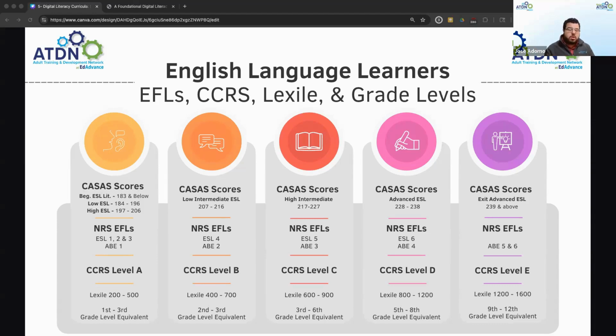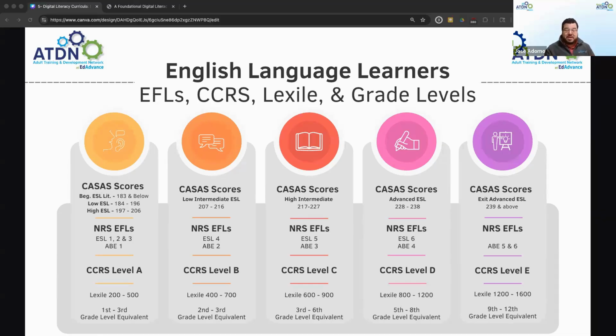And a lot of our learners, of course, when we're looking at ESL, are in those first 3 levels. And you can see that big range. And even if you're looking at the low intermediate ESL, you're looking at about halfway of that too. So even if you scaffold, you have a good chunk of students that need that additional support and scaffolding to be able to not just interact with technology, but also understand what you're trying to teach them.